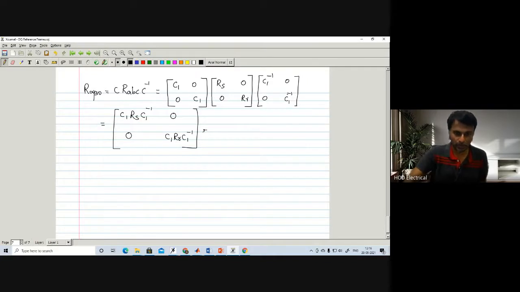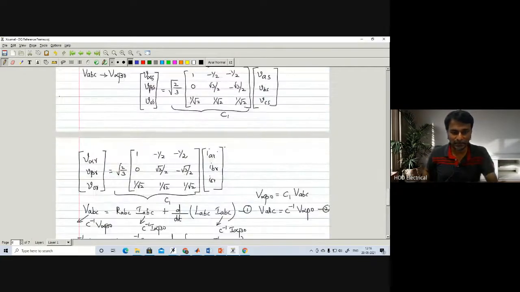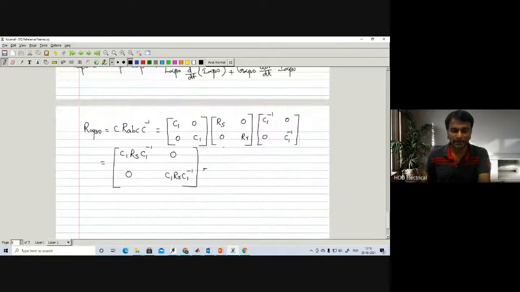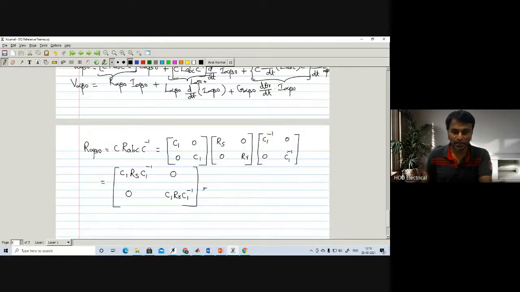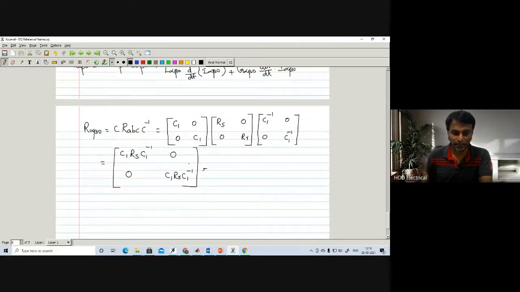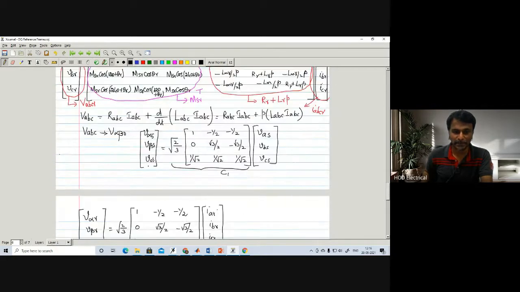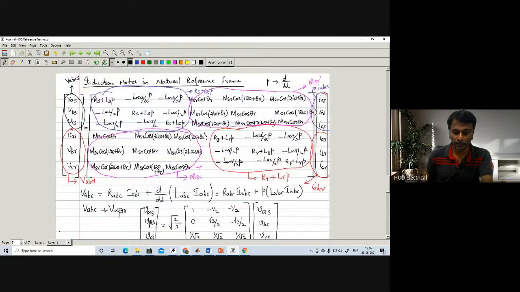So this is what let me conclude today, due to this problem with the pen. This is how we derive this resistance matrix. Finally we will get a value that is the same as the matrix we have already derived.